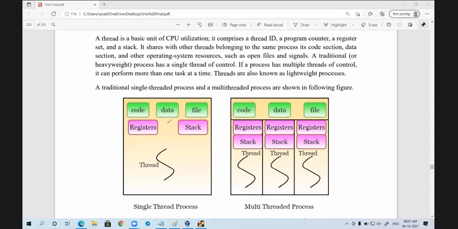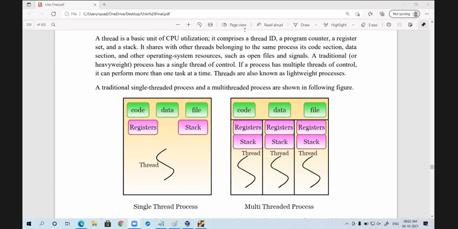I hope you got a little bit of information about a thread. So if somebody asks what a thread is, thread is nothing but a lightweight process. Thread is nothing but a small process in a big process. Using threads, what can we achieve? In one process we can achieve multitasking. Note it down. That is the use of the thread.